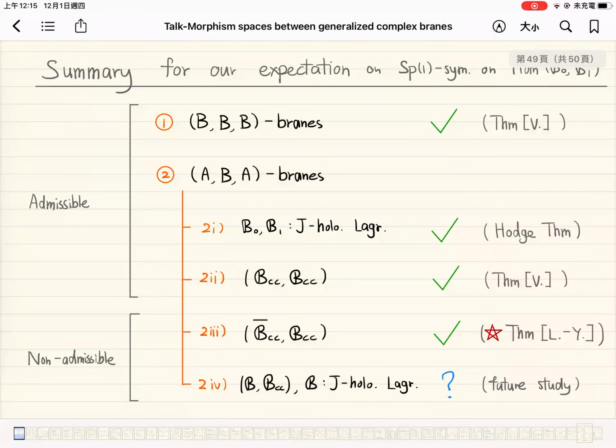I think that before we haven't considered this kind of problem, but maybe we can go through the details for that case and see whether there is a further application of our theorem. But up to this moment, I cannot say anything about the details. Yeah, maybe you guys should talk about this. It's a perfect thing for you guys to talk about. Yeah, absolutely.